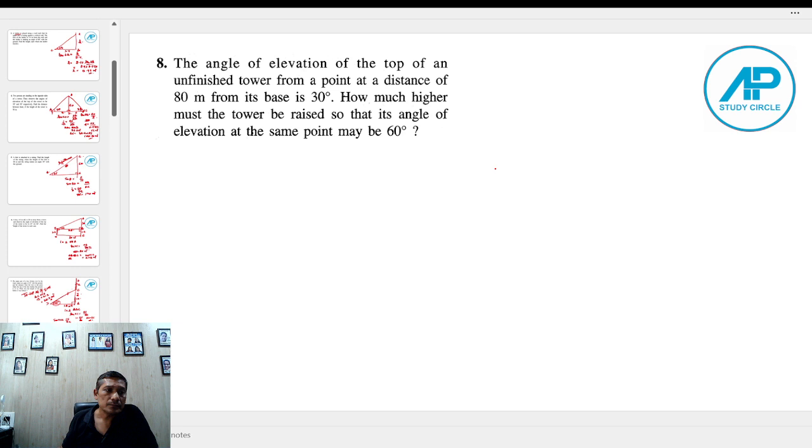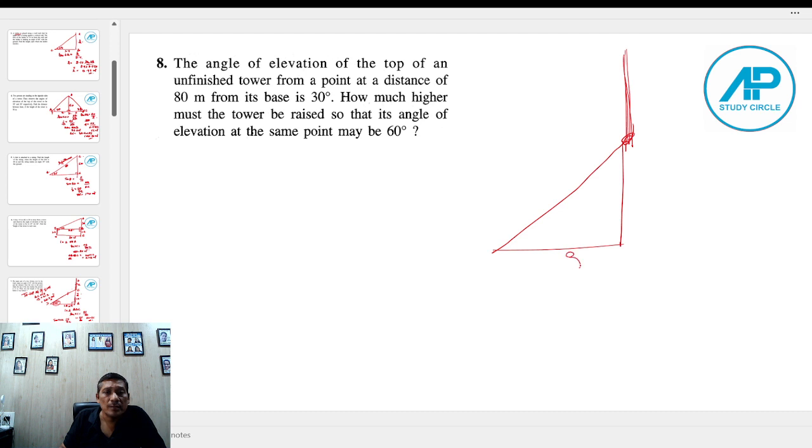I am moving ahead. बहुत सारे क्वेश्चंस हैं और we have to be very thorough with the questions. सब क्वेश्चन करके देखिएगा, किसी भी क्वेश्चन को अनइम्पॉर्टेंट मानने की गलती नहीं करनी चाहिए। We should try to solve every question in the book. The angular elevation of top of an unfinished tower. So this is an unfinished tower, मतलब टॉवर भी और ऊंची जाएगी। सो टॉवर को और जाना है, उसको और ऊंचा होना है।